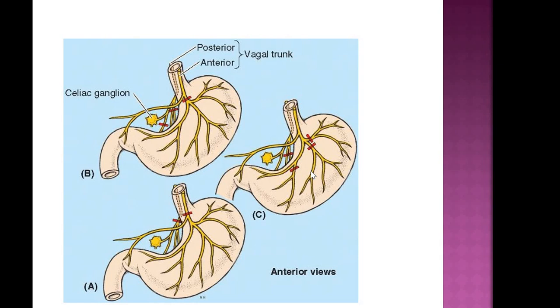Why is it important? Because in truncal vagotomy, the other abdominal structures which the vagus supplies have their nerve supply also hampered. In selective gastric vagotomy, the stomach is denervated but the branches to the pylorus, liver and biliary duct, intestine, and celiac plexus are preserved. And in parietal cell vagotomy, we can spare the other gastric functions, for example motility. So this is truncal vagotomy, this is selective vagotomy, and this is parietal cell vagotomy.